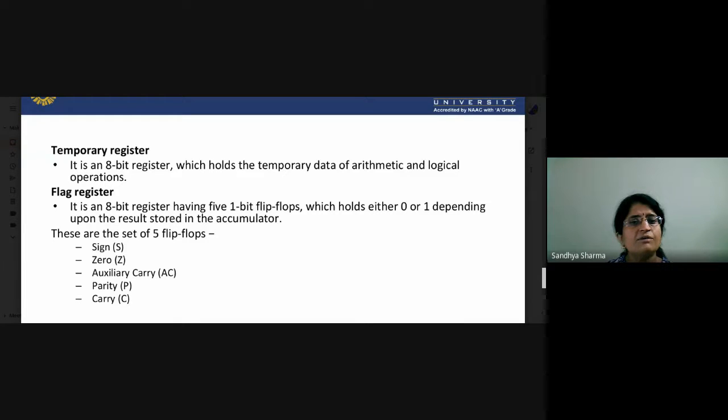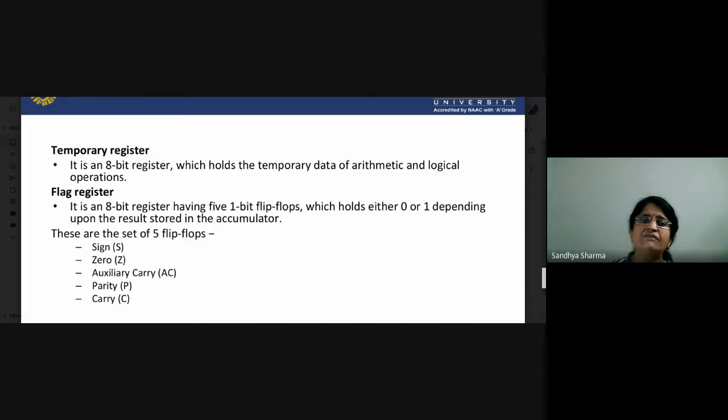If we are talking about the flag register, it is an 8-bit register, but it uses only five 1-bit flip-flops. So you take an 8-bit register and only 5 bits are used, which hold either 0 or 1, depending upon the result stored in the accumulator. Suppose you have done some addition or subtraction: carry, auxiliary carry, parity bit.